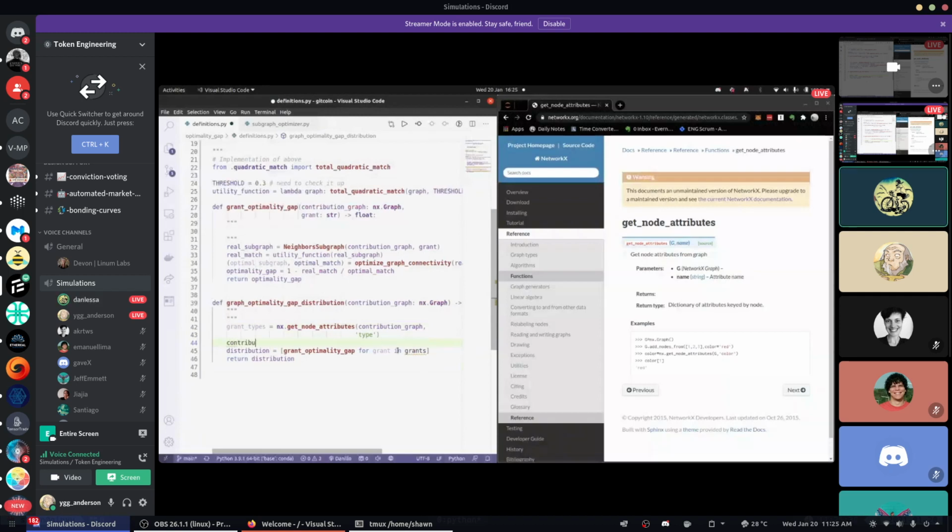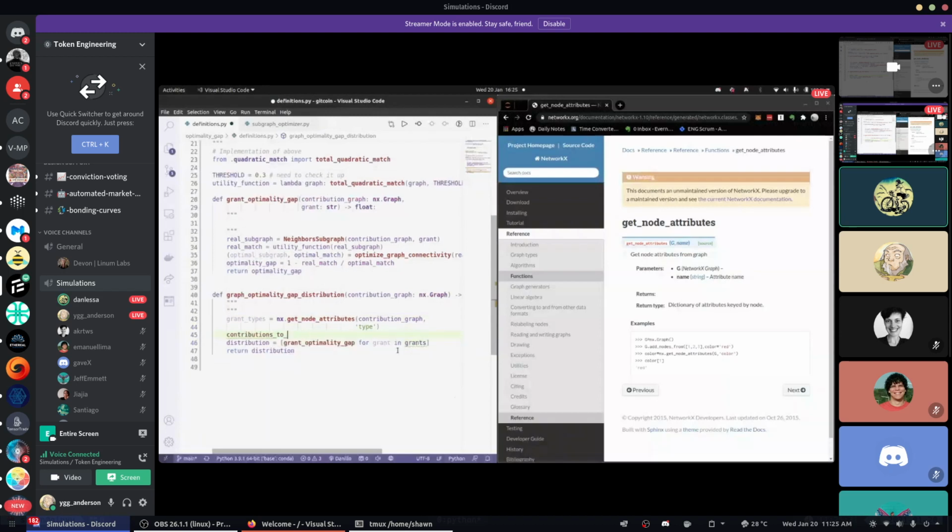Maybe what I could do is the following. Maybe get the contributions graph, dot nodes, data equals true. And this would return me a label and the data. Probably this is being a bit confusing because I'm sort of thinking in reverse order, but okay,